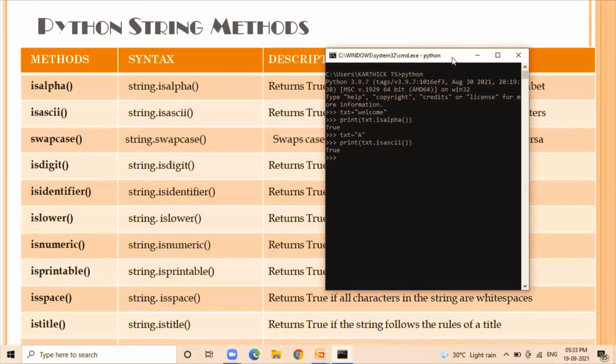So the isascii function gives the true value in a given string if it is having ASCII type values.